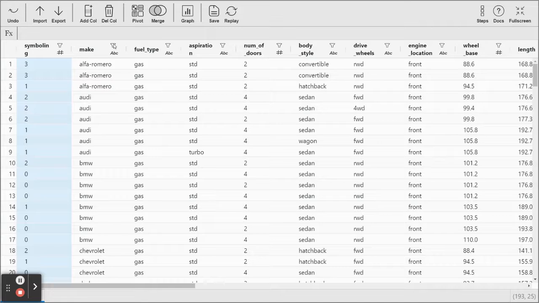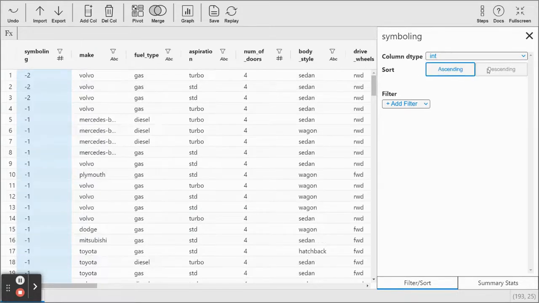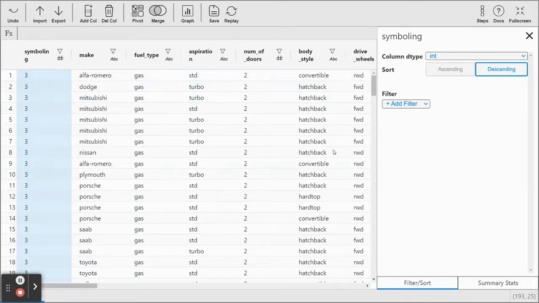On the column you can see a column type, so you can directly sort it in ascending order. Whenever I click here, you can see that the changes are made. Then you have an option called add filter. If you click here and click add filter, greater than 1, I'm just clicking greater than 1.